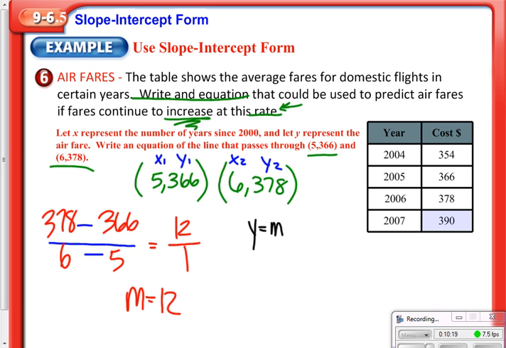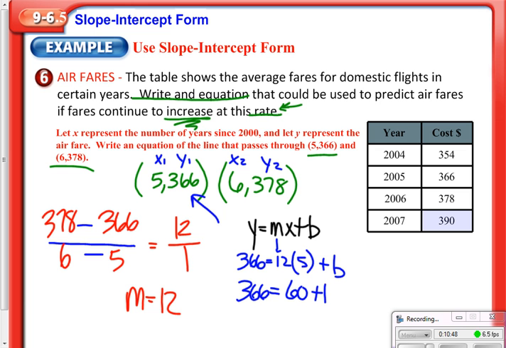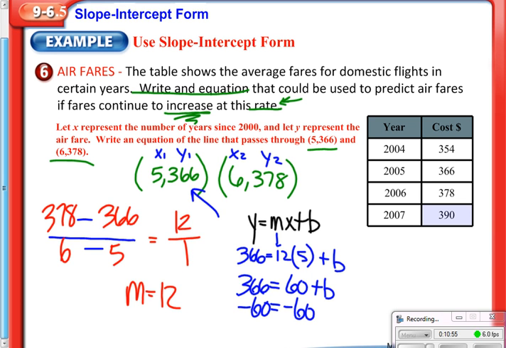Step 2, plug it into y equals mx plus b. Remember, use your slope in one of the points to find the b value. I'm going to go ahead and plug in the first point. So I will have my y value is 366 equals m. My slope is 12. My x value is 5, because I'm using that first ordered pair, plus b. So 366 equals 60 plus b. Get b alone. Subtract 60 from both sides. And we have